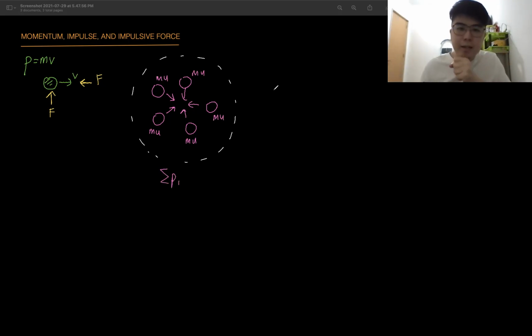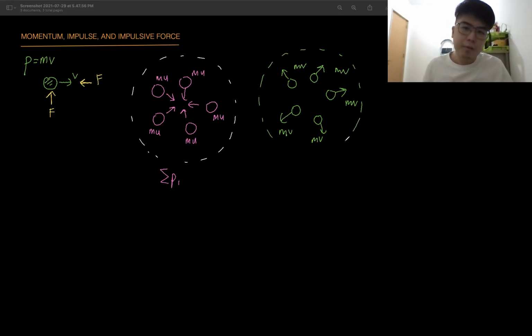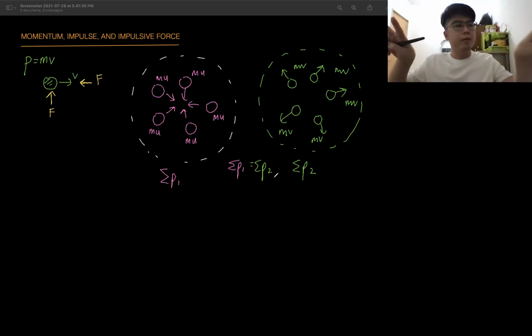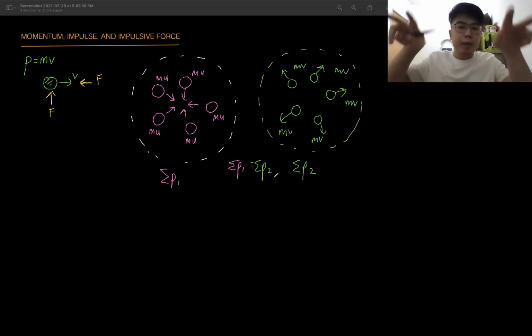Now, what is the incident here? The incident here is a collision. After they collide, they move away from each other in random directions. Their velocities have changed, so we have mv, mv, mv, mv, mv. Total up everything, still the same system, and we get the sum of momentum number 2. These two momenta must be equal, this one equal to this one, regardless. For example, after the five bodies collide, 2 can go here, 3 can go here. They can go in separate ways, but the total momentum must be the same.